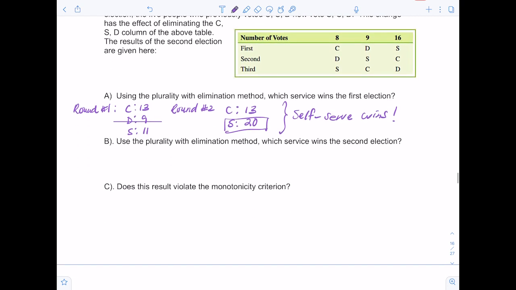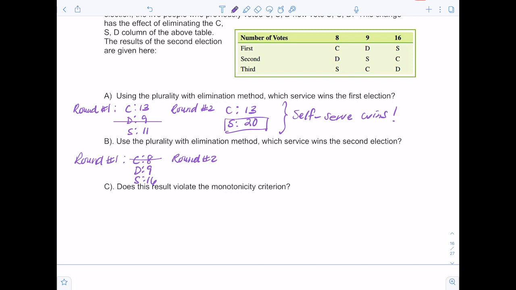So now we're going to use the same voting method, but we're going to look at the second election. And you would assume you would still get the same winner. Okay, so let's see what happens. So looking at our second preference table, round 1, we have C is 8 first place votes, D is 9, and S is 16. Okay, so we don't have a majority, we're close. So we're going to cross out the C,